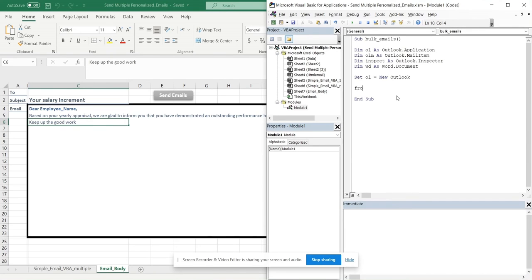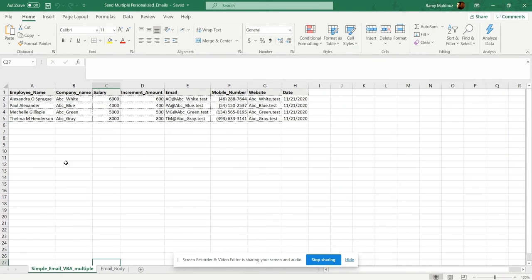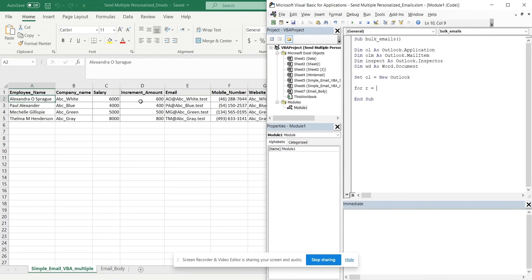So for R, I will name this loop as R equal, from which cell basically this data is starting. It's starting from cell number 2, second row. So the second row here, that's number 2. So I will mark my loop here for R equal starting from 2 to